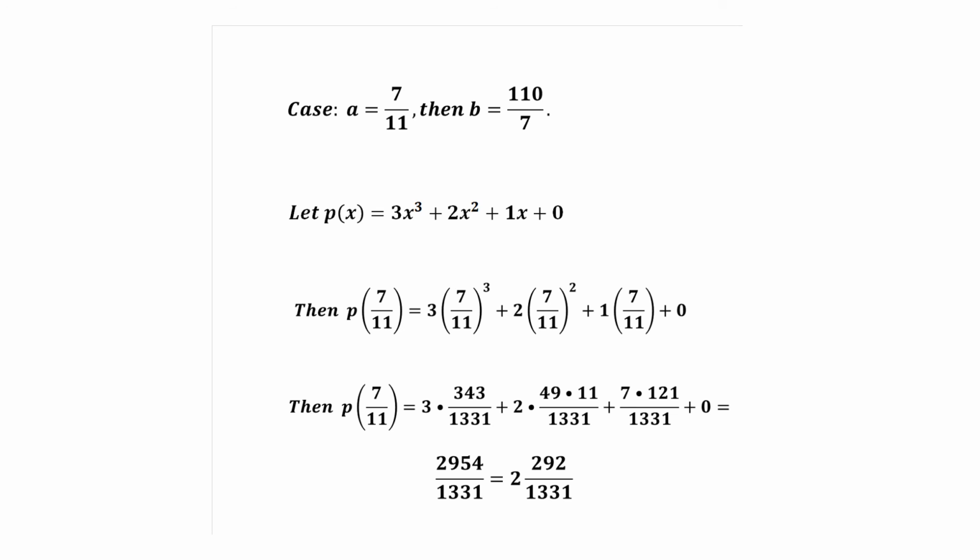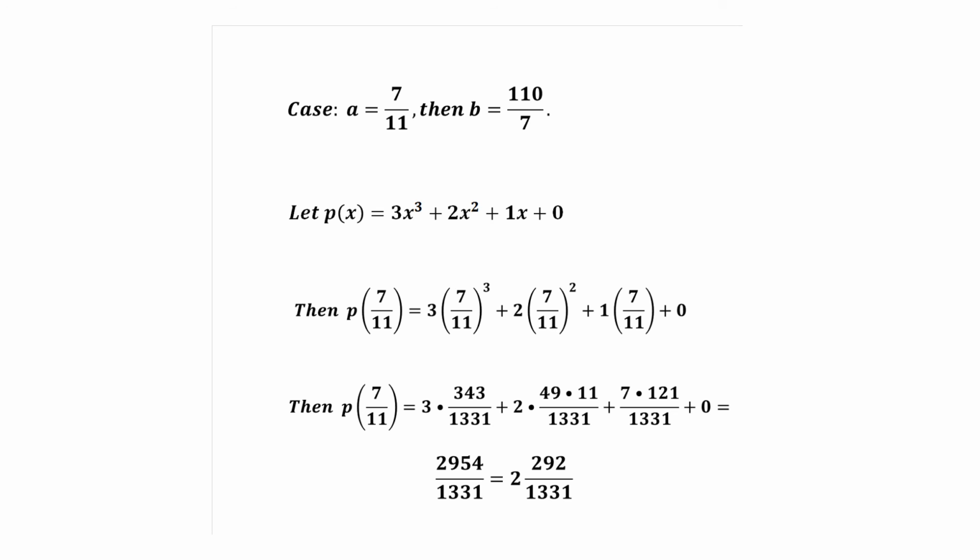Here we have the same problem from before. A is 7 over 11, B is 110 over 7. And this time we're going to plug it in directly. So P of 7 over 11 is 3 times 7 over 11 cubed plus 2 times 7 over 11 squared plus 1 times 7 over 11. We'll have a common denominator of 11 cubed, 1331. So we do 3 times 7 cubed, that's 343 over